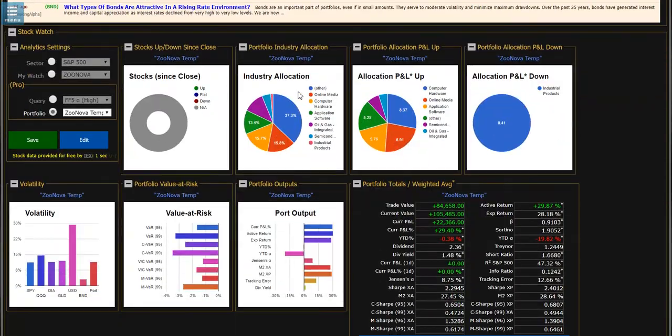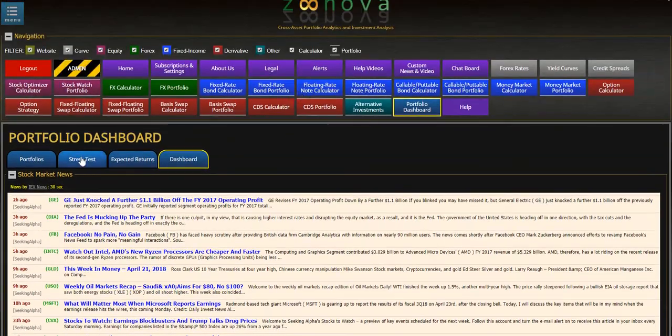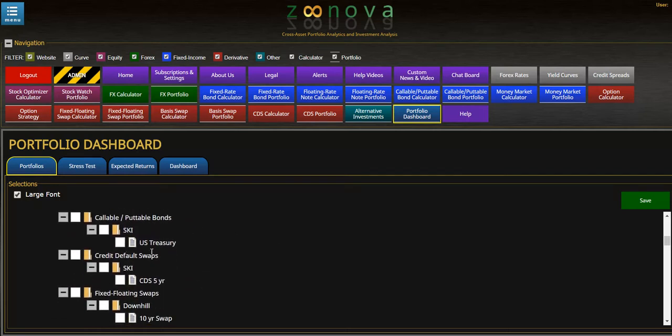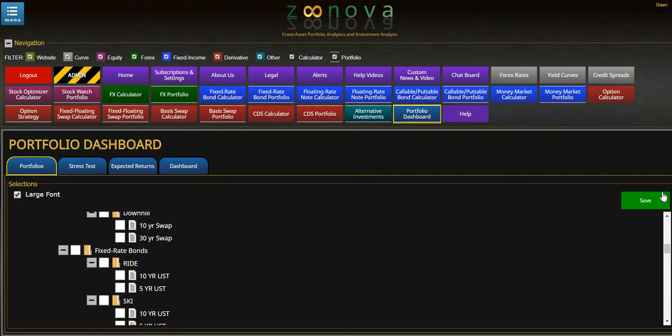But in dashboard is where I could go down and I could look at a portfolio tree, and this would give me an idea what all my different positions are. I could select whichever ones I'd like to run some what-if analysis on, save after I've selected those, go back into dashboard,